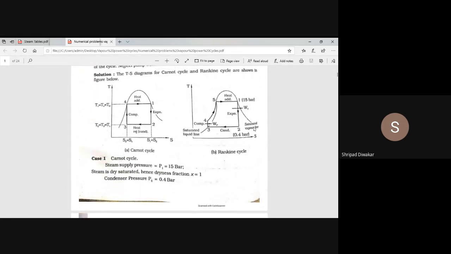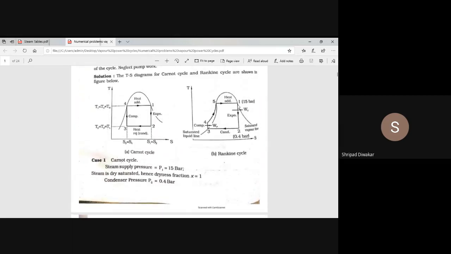Now once again you have to refer to the diagram, the TS diagram of the Rankine cycle. Here S1 and S2 are the same, no change, because it is a constant vertical line. Whatever the entropy at 1 is exactly the same at 2. You remember, 2 to 3 is an isothermal process and 5 to 1 is an isothermal process. So the entropy at point 1 and entropy at point 2 are exactly the same. How you write H2 equals HF2 plus X into HFG2, you can apply the same formula for entropy also.